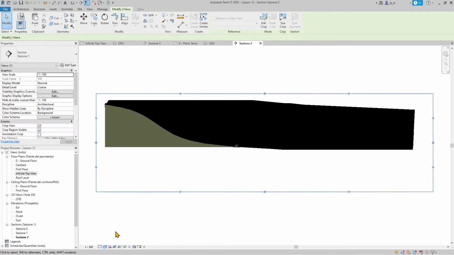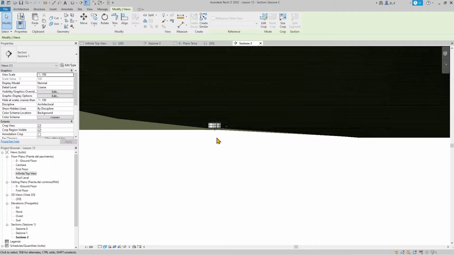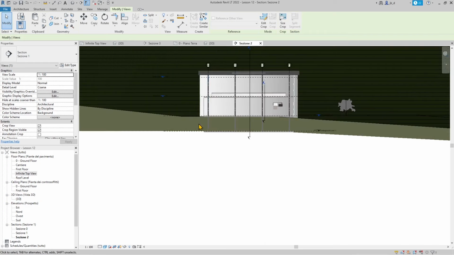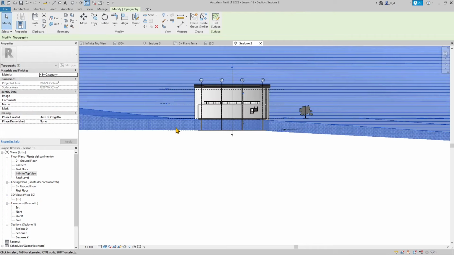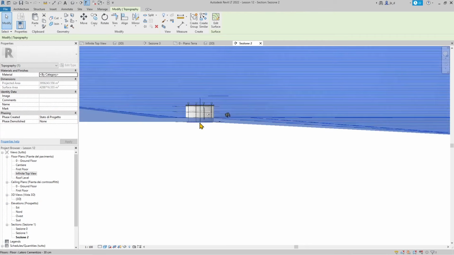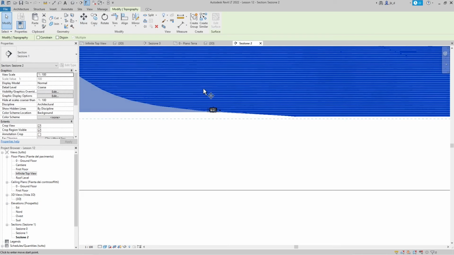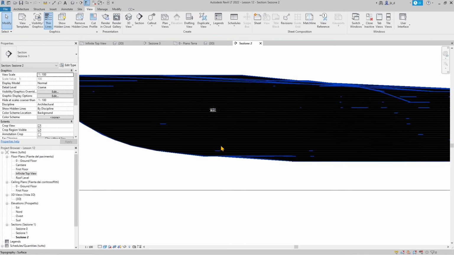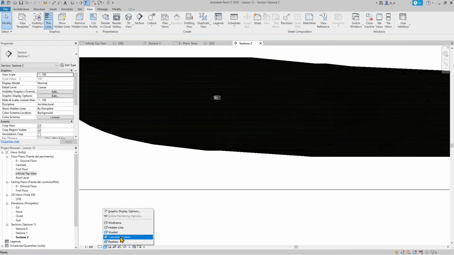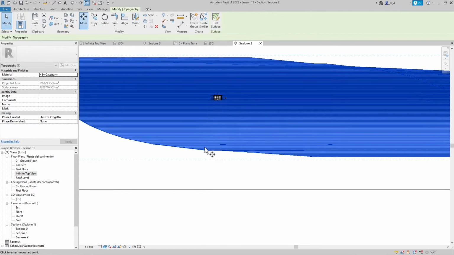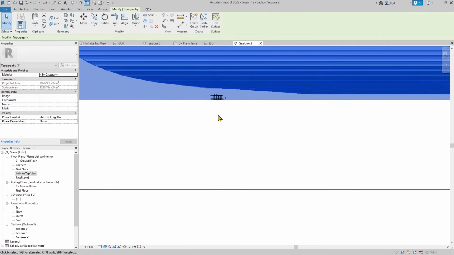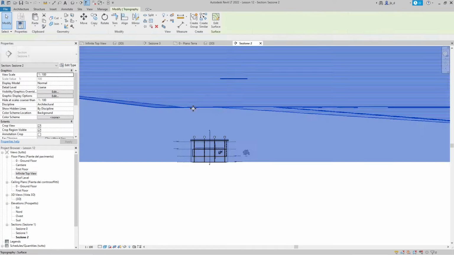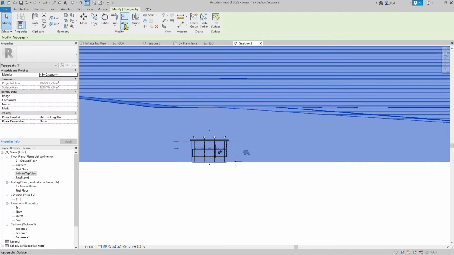Let's change the view. Let's make it shaded so that we can see it better. And you can see I've placed this in a sort of planar part of the Toposurface. I'm gonna show you also how you can do that. But first of all, if you want, you can move it up or down. Just click on Move and move it like this. So in this position, the object will be floating in space. And if I move it too high, it's gonna be inside the terrain itself, so it's not gonna be visible. So what you need to do is try to create a planar part of the